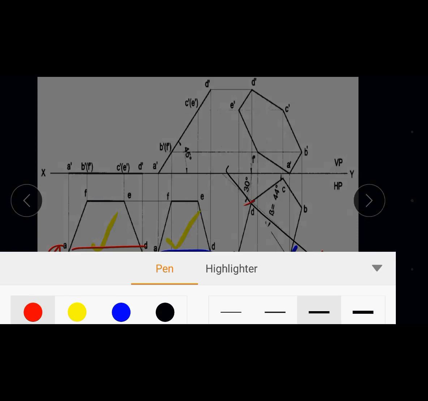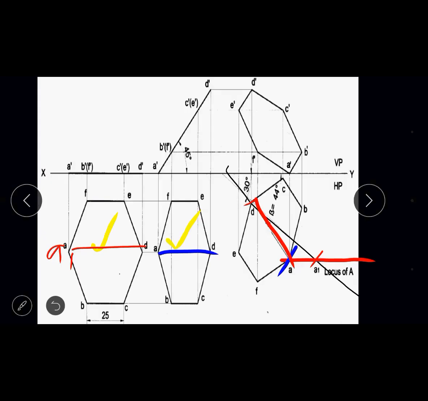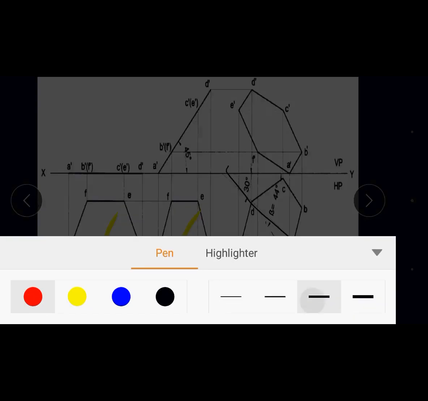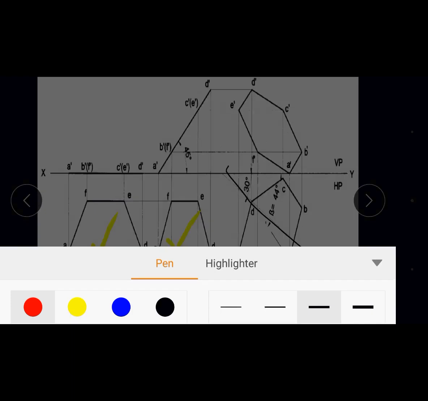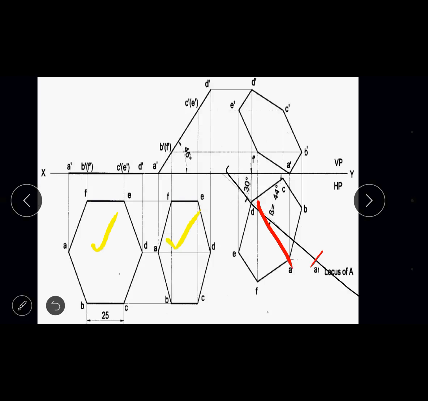You can see, join that line AD. Extend back that line AD. If you extend it back and measure the angle, you will get the beta angle. It will give you 44 degrees. So this is the procedure. Then after that, I'll teach you how to get the irregular shaped lamina. Right now we have the line AD available to us.